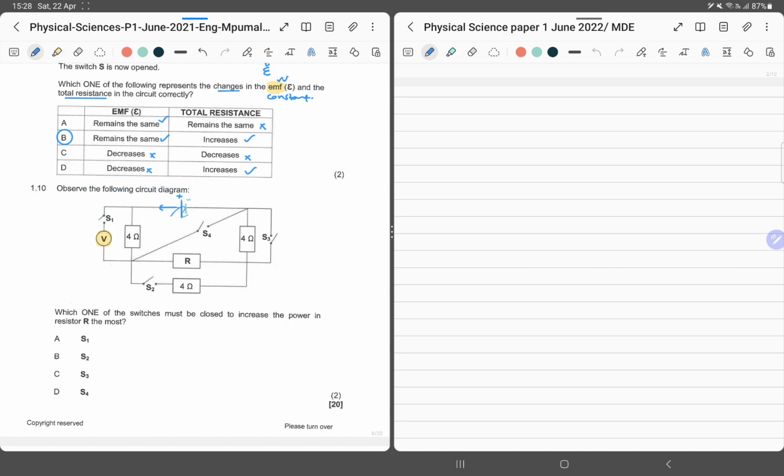Observe the following circuit diagram. We know that voltmeters are extremely high resistance devices, so that current does not pass through. Even if this switch is closed, no current passes through here. The current will just bend here and move through the 4 ohm resistor, and then when it gets here, because now there's a parallel connection, the current may split